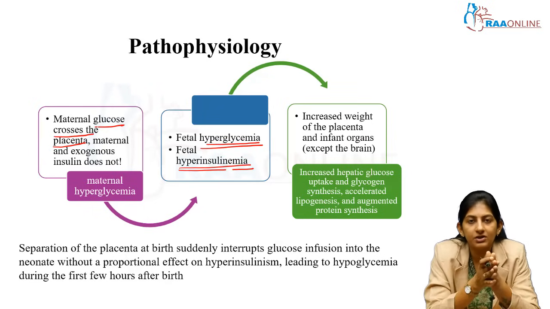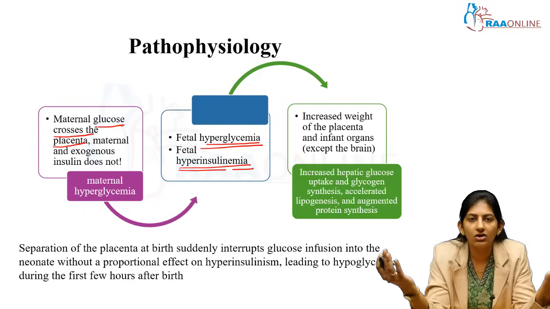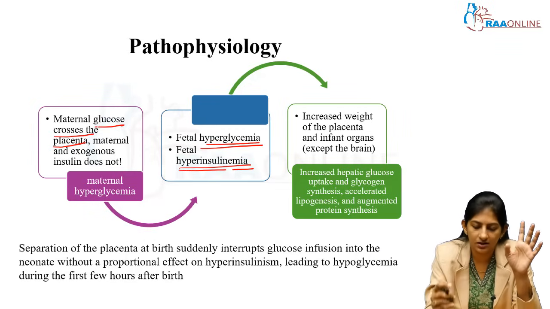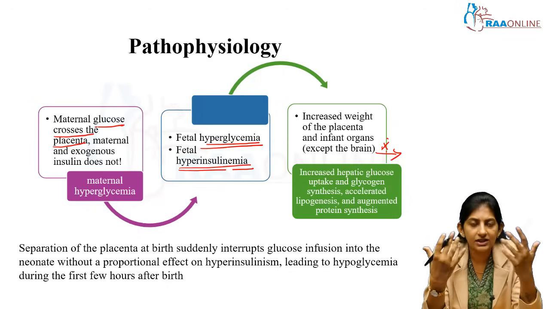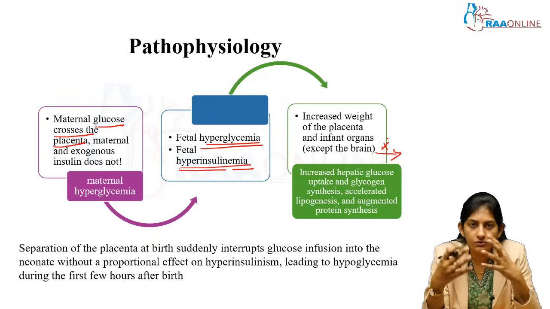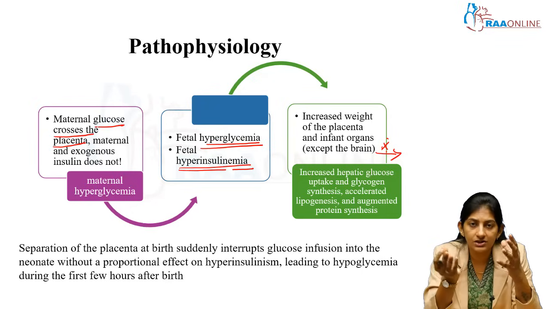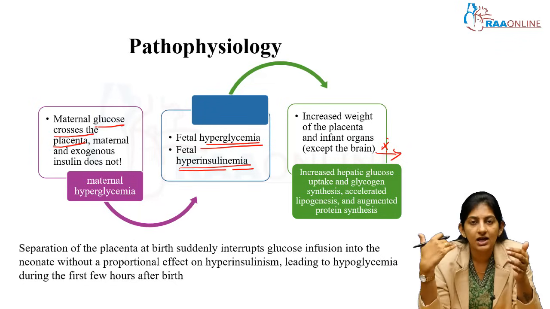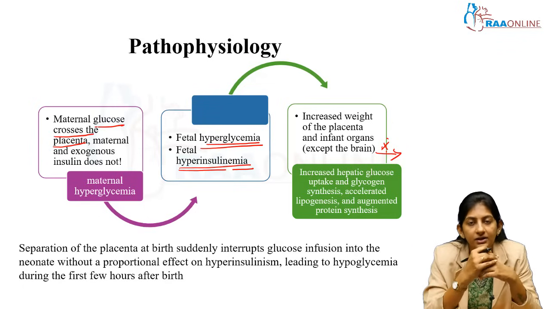Insulin actually builds up the organs, increases the weight of the tissues, the placenta becomes large, the infant organs are all increasing in weight except for one organ, which is the brain, right? So, all the organs, all the tissues are increasing in their weight except for the brain. And so much of insulin is there, so much of glucose is there. So, what happens? This will increase the glucose uptake in the liver. So, liver gets enlarged and there is accelerated lipogenesis. So, this excessive glucose will be taken up for other metabolisms. So there is excessive lipogenesis taking place, protein is synthesized. So all these are taking place simultaneously, which increases the size of the baby.